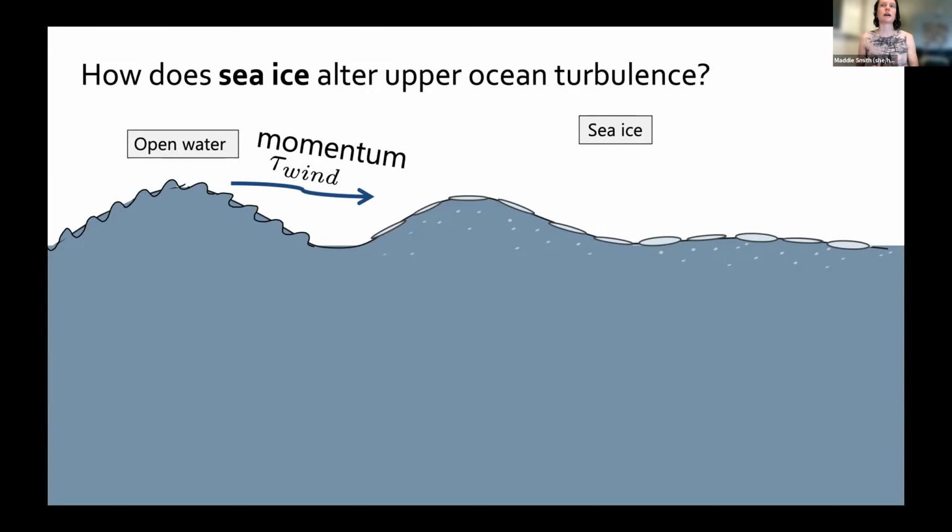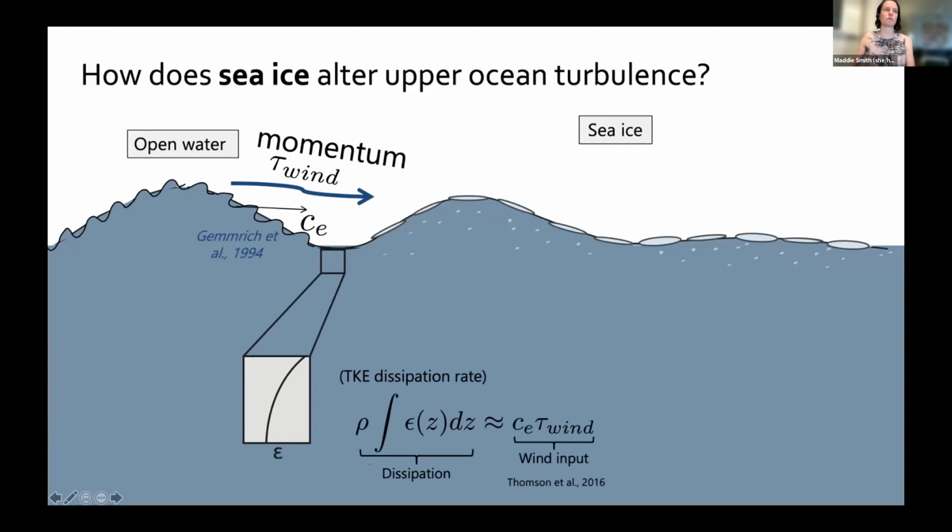During sea state and other ONR experiments, we made measurements with buoys in the marginal ice zone and during ice growth to address the question of how ice alters the mixing and turbulence near the surface. So the turbulent mixing is elevated in the upper few meters above background levels due to the input of wind energy through the waves. So here it's understood that the waves are providing the roughness for wind stress to transfer